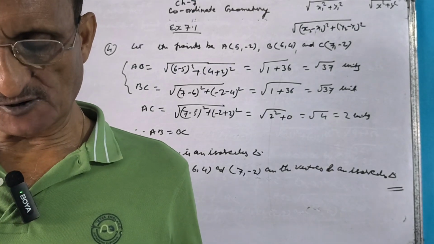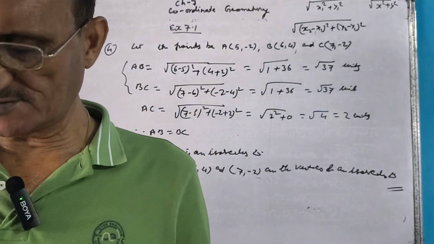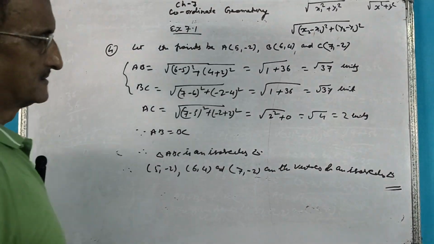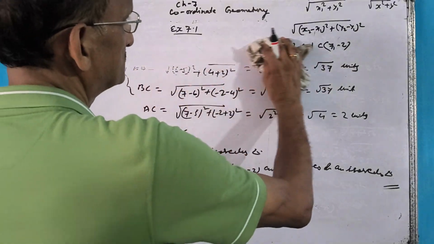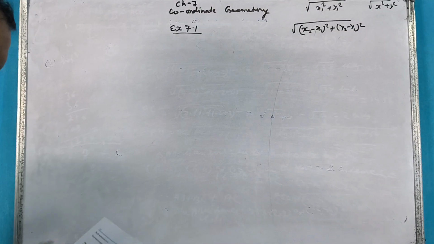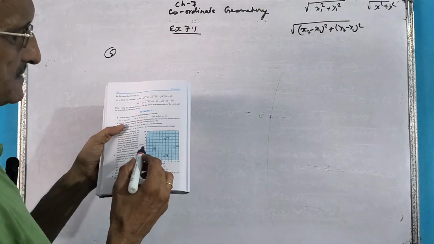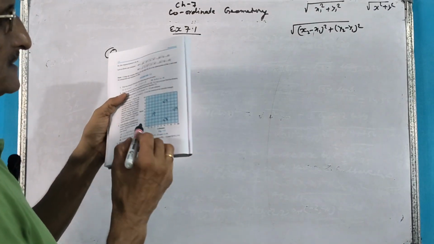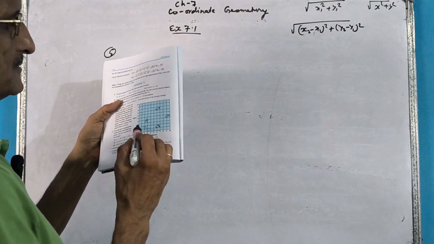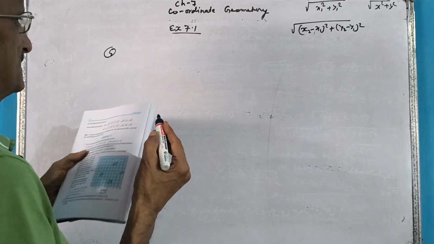First you need to find the coordinates of the 4 points ABCD from the graph. You know how to read the graph. So we will go to number 5 now. Number 5. You can see the book. What is A? 3, 4. What is B? 6, 7. So very easy.